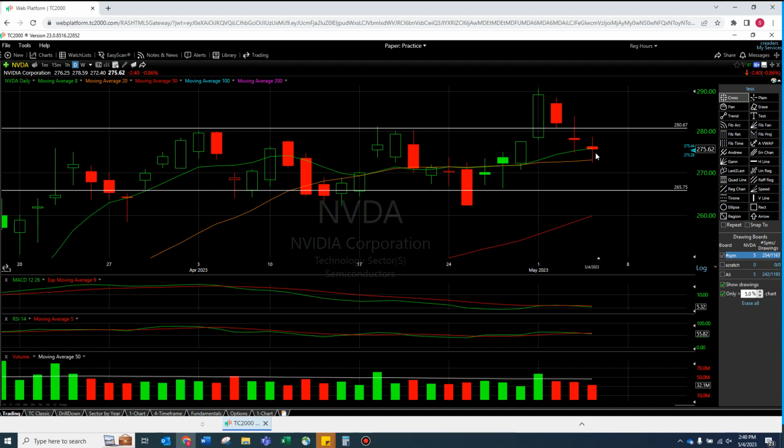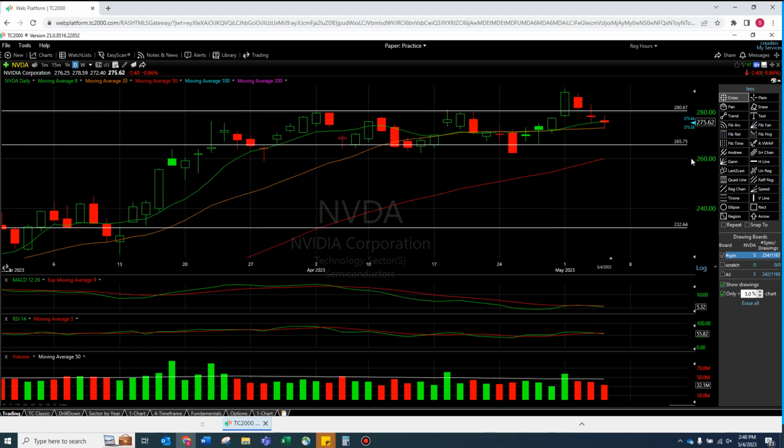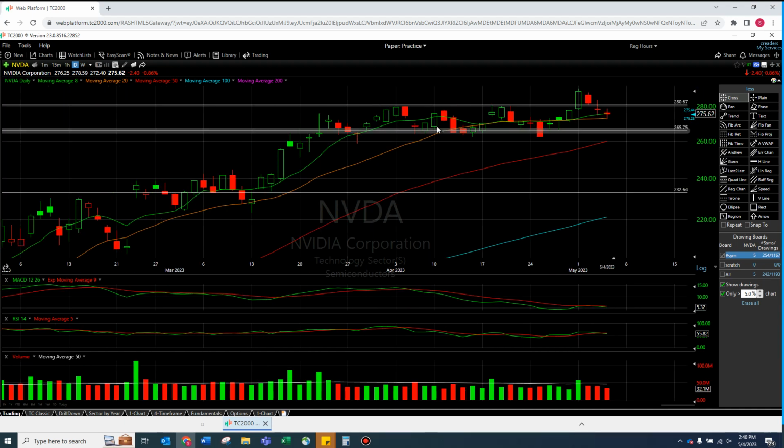Look, doji, we now have a doji on a really important line. I don't know if we're going to be coming down to 260. You know what I mean? Like this 265 line did a really good job, right? I think we're going to come to a point where the 265 line might almost tie with the 50 moving average over the next couple days, right? But man, we lose this, this green can really quickly turn to red,